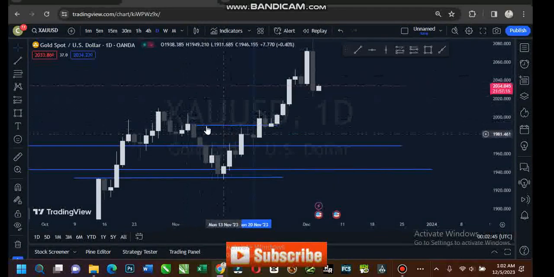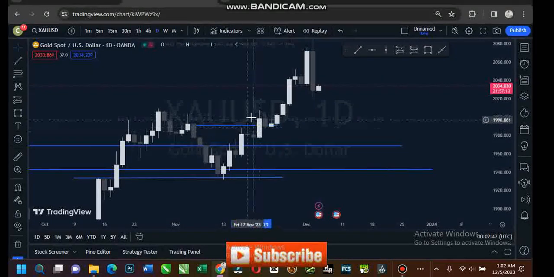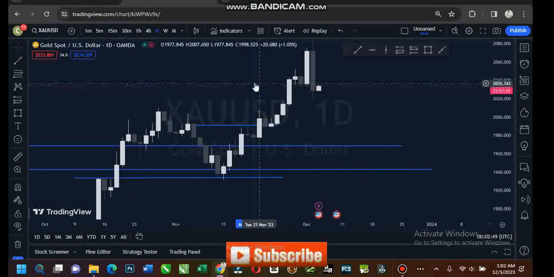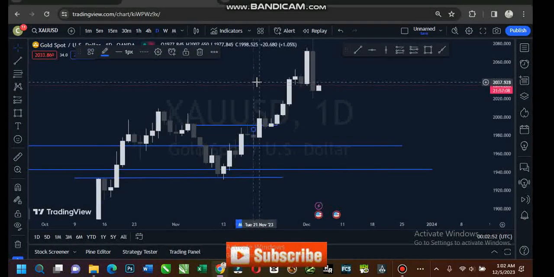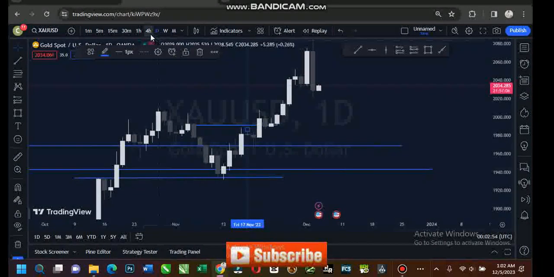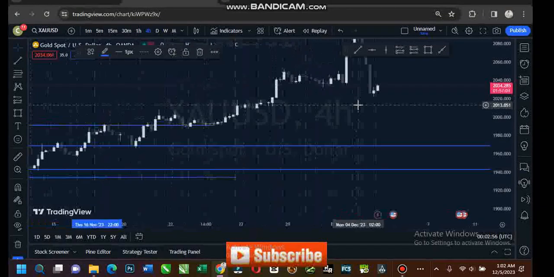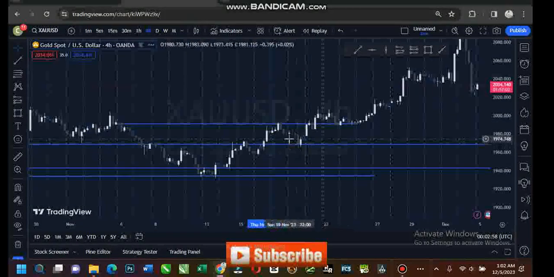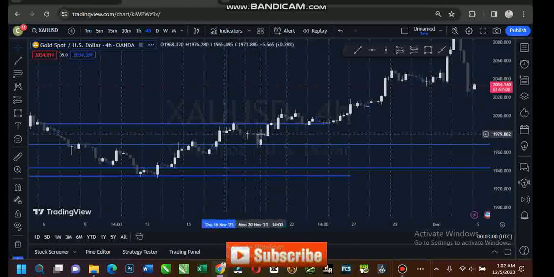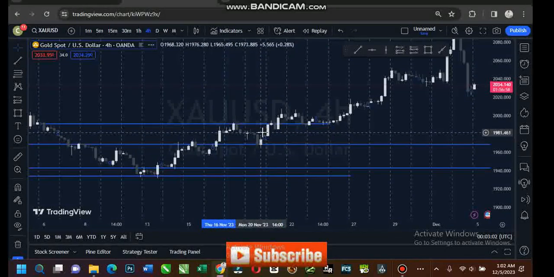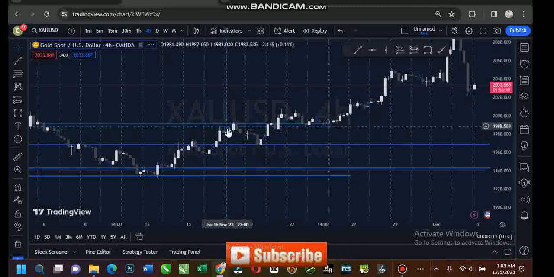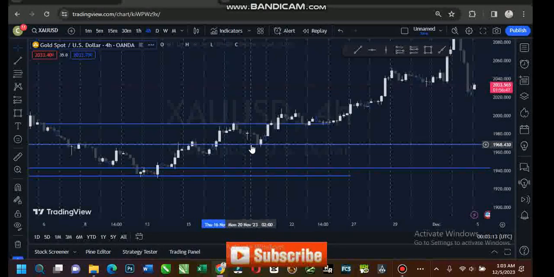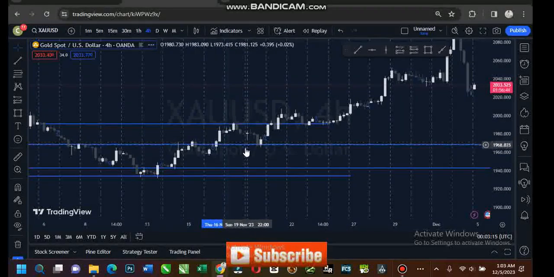As you can see right here, the market rejected from this point here. On the 4 hours, let's shift this back. On the 4 hours, you can see the market gave us a breakout here, changing the daily to a bearish storyline, even though the weekly is on a bullish storyline. So as this became bearish, we would have been expecting the market to sell to this weekly zone. Then once it sells to this weekly zone,